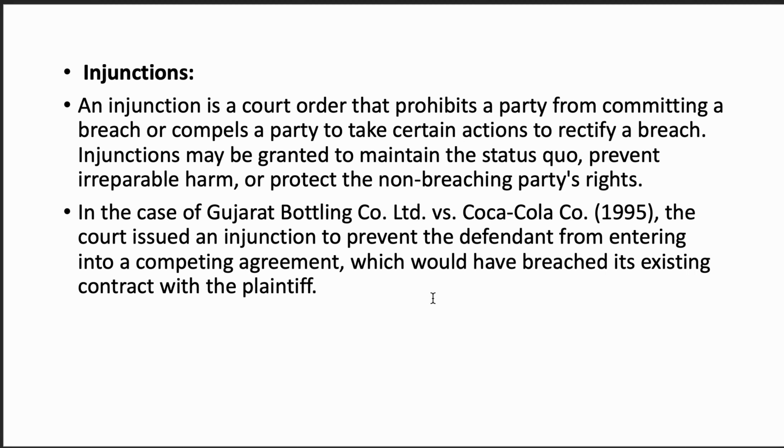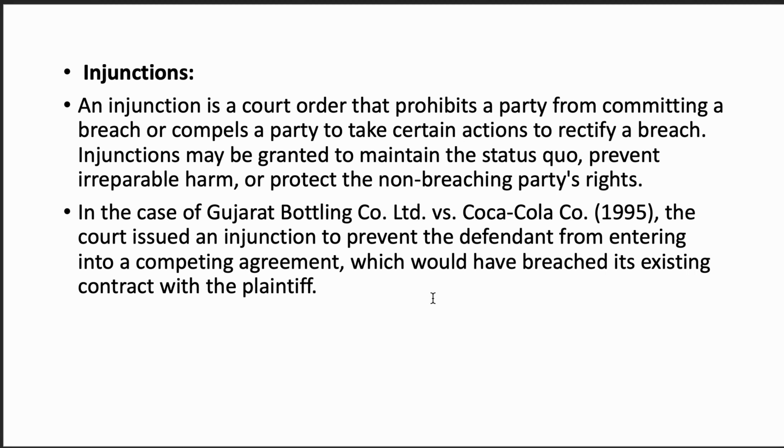So if the consignment that is supposed to be coming tomorrow is not coming tomorrow, then you are compelling the other person, the supplier, to rectify where it is going wrong and take some more time instead of breaching the contract itself, because this will be an irreparable damage to the company of the buyer. So to stop that, the buyer can actually bring an injunction and stop the selling party from breaking the contract that he has entered into. And this is to protect the non-breaching party's rights.